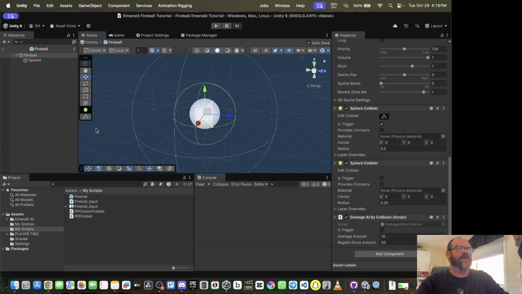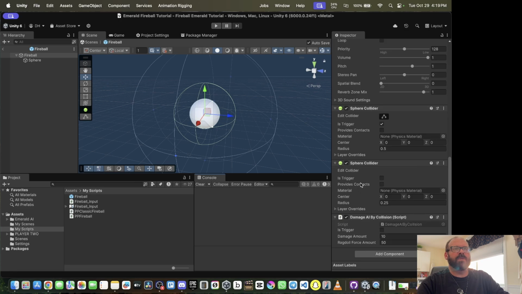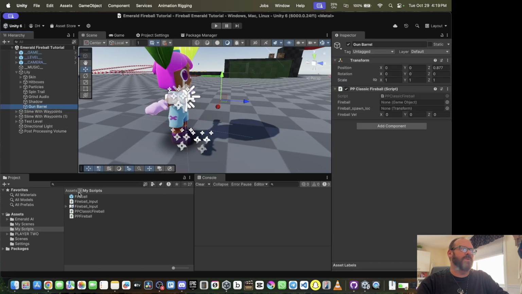Make sure your autosave is on, or make sure that you save this. This should be ready to go now. So you see here, everything is filled out except for the virtual effects, which we're not using right now. And then down here you have your colliders, your damage AI, and then up here you have a rigid body, okay? So now that your fireball is fixed, you can go to your gun barrel and you can drag your